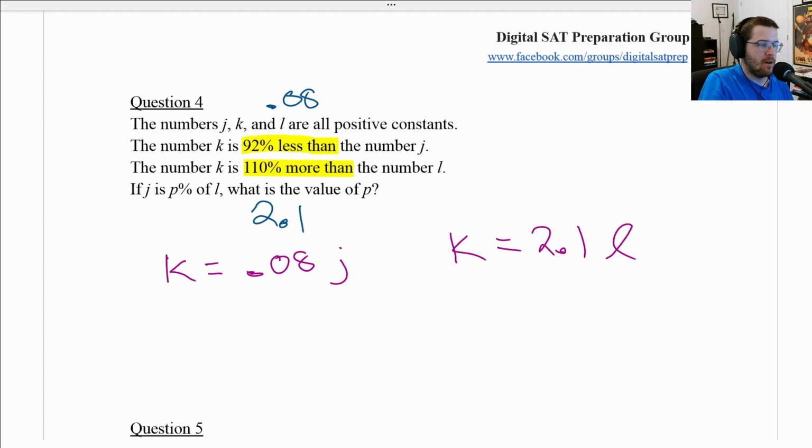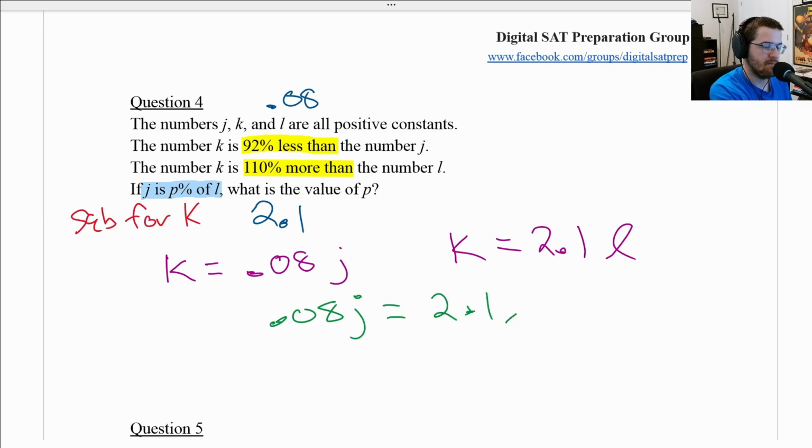Okay, so I look at the prompt and it wants me to relate J and L. So the letter we don't want is K. So we're going to substitute for K because we want it to drop out of the system. Very convenient. Kind of notice, oh, wait, we got K by itself in both of them. So we could substitute for K very easily. As a matter of fact, we just kind of glue them together. So 0.08J equals